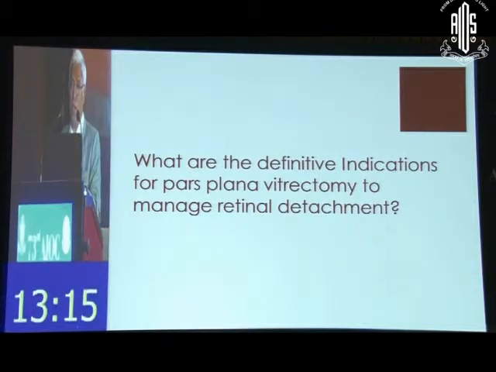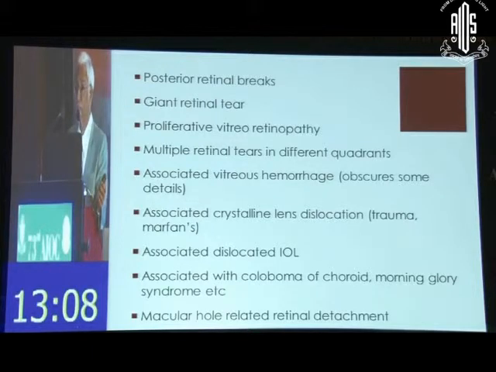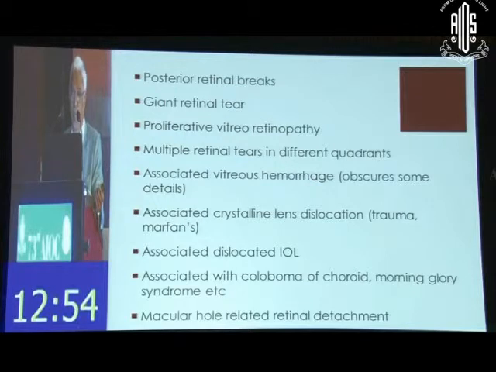You are not comfortable with vitreous surgery, you hand it out to the person who is comfortable with it. Okay? These are a posterior retinal break, which you would not buckle these days. Once upon a time, in the pre-vitrectomy era, we were detaching muscles and buckling all the way up to the macula. But it's not required now. With elegant vitrectomy techniques, we do not do large buckles. In fact, 280 buckle has gone out of fashion. We only use either 276 or 279 at the most. Anything beyond that, you do vitrectomy. So a posterior retinal break, you do vitrectomy.